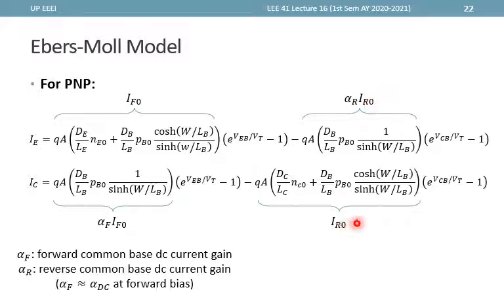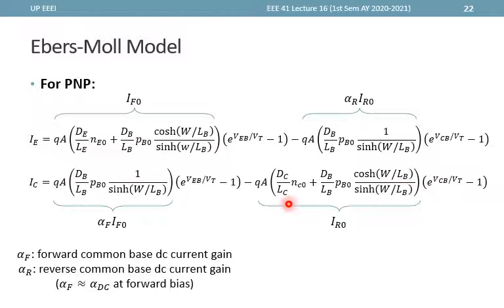So this is IR naught, this is alpha R IR naught, and this term is alpha F IF naught, where alpha F is the forward common base DC current gain and alpha R is the reverse common base DC current gain. Now, in our previous discussions, we used alpha as some constant that is around 1 but is actually less than 1, and that can also be